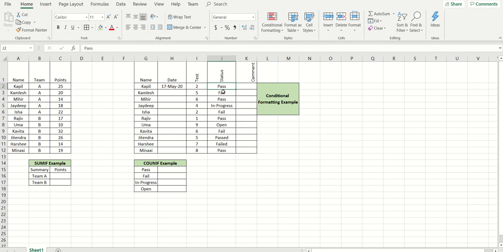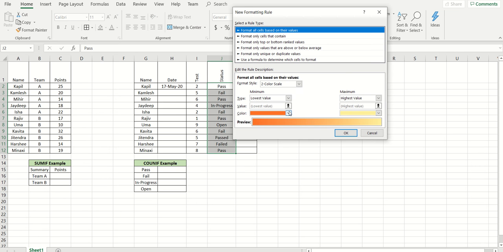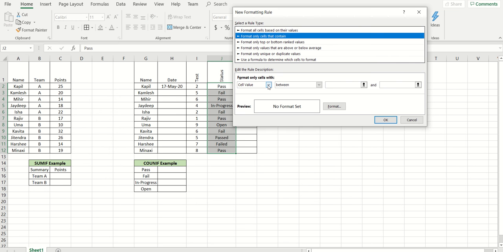So let's say I want to perform that action on these cells. I will select them, and now I will go to conditional formatting. Once I go there, it will give the options. I will go to New Rule, and then to Format only cells that contain. It will give the value or something specific.